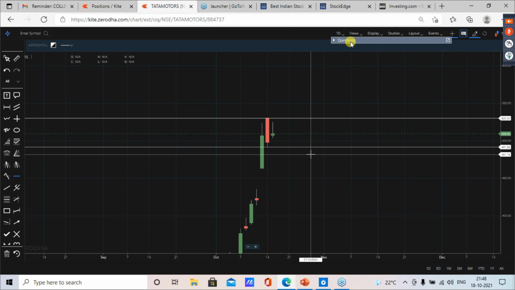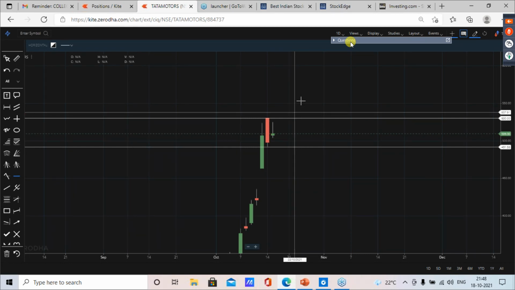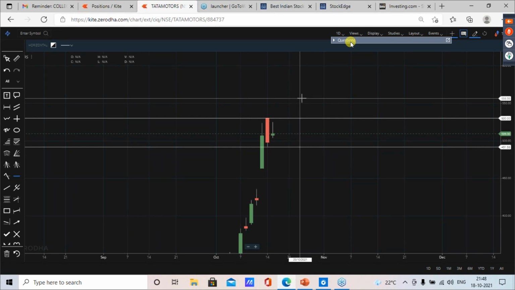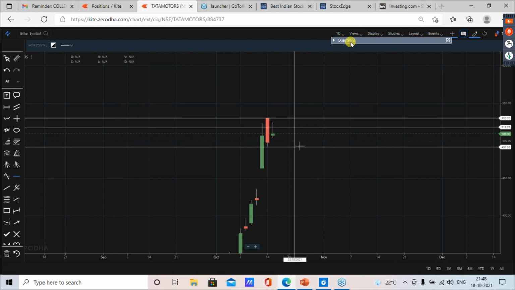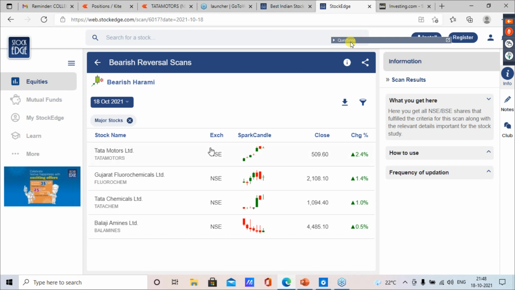We are using this app in 1 day time frame. We are shortlisting stocks for tomorrow's trade in 1 day time frame. But once this high is broken, we'll take a trade in 15 minutes. I want you guys to wait until you learn my trading setup. Once you learn that, then only you can take trades peacefully. Until then, just use this as a tool to shortlist stocks for the next day.